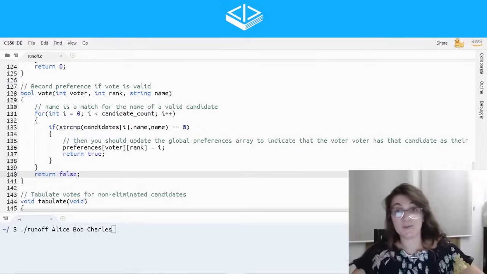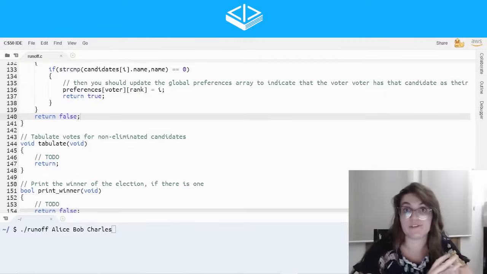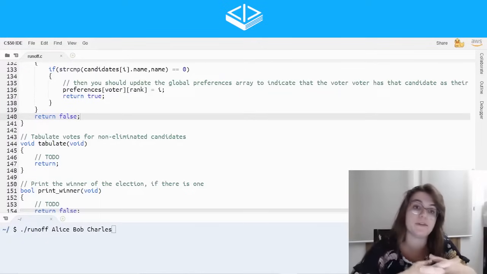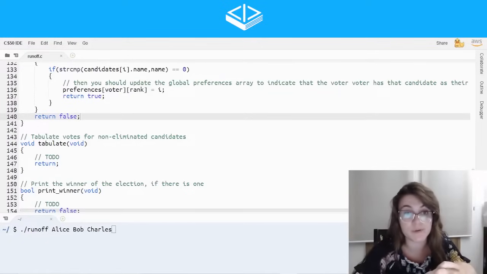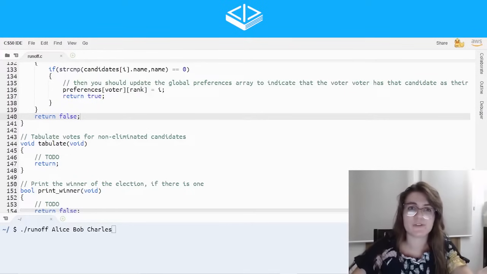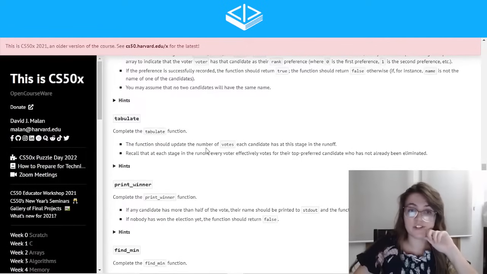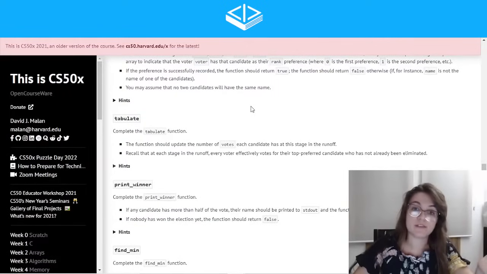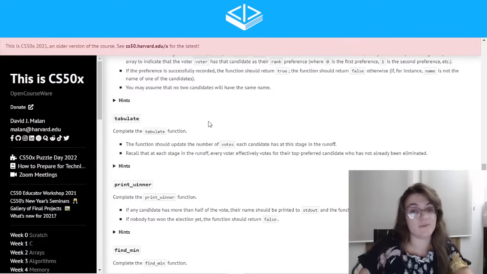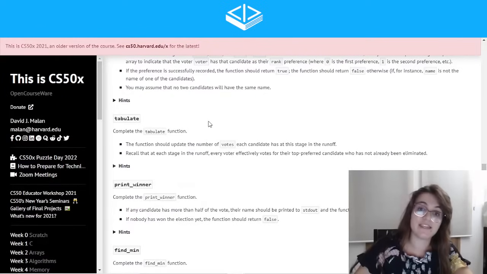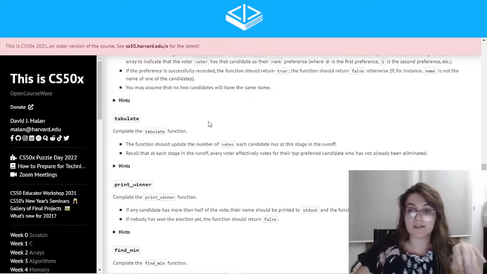Now let's see the tabulate function working. So now we're gonna do the tabulate function, all right? The goal of tabulate is to tabulate votes for non-eliminated candidates. Let's try to understand what's going to happen. The function should update the number of votes each candidate has at this stage in the runoff. And we have to recall that at each stage in the runoff, every voter effectively votes for their top preferred candidate who has not already been